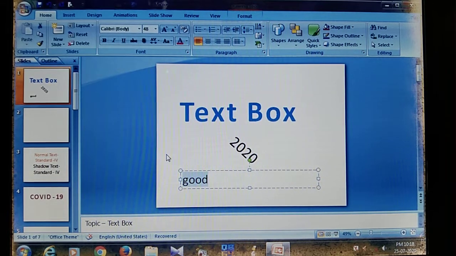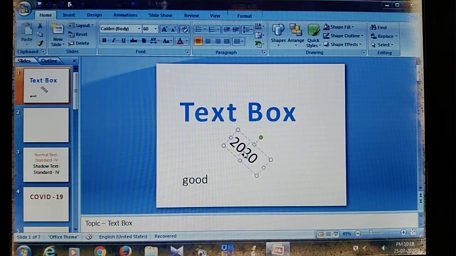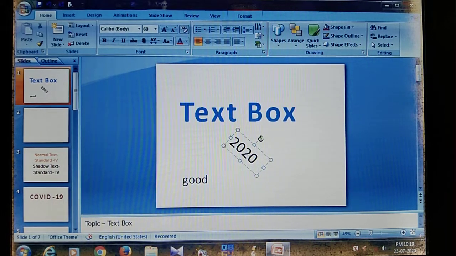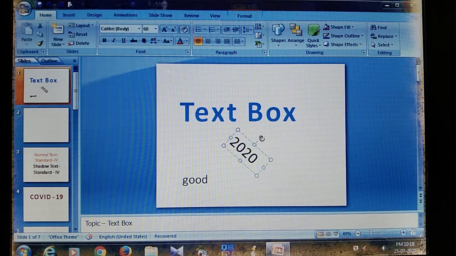Next question, how to resize your text. Suppose this is also a text box. I write here 2020, that is the year 2020. So how can I rotate it? Look at here. It is the green color box.